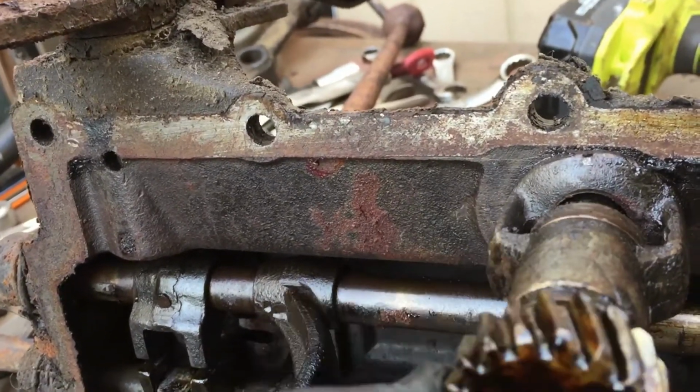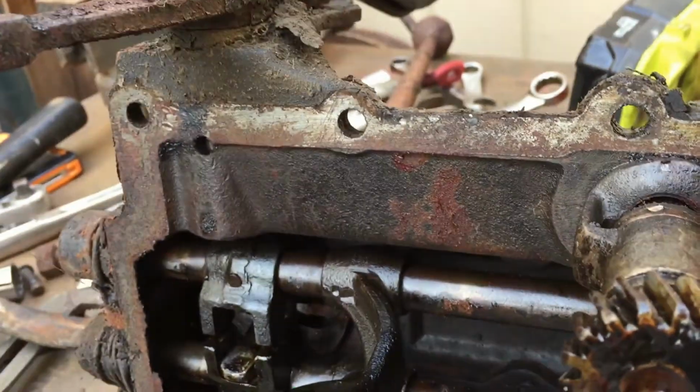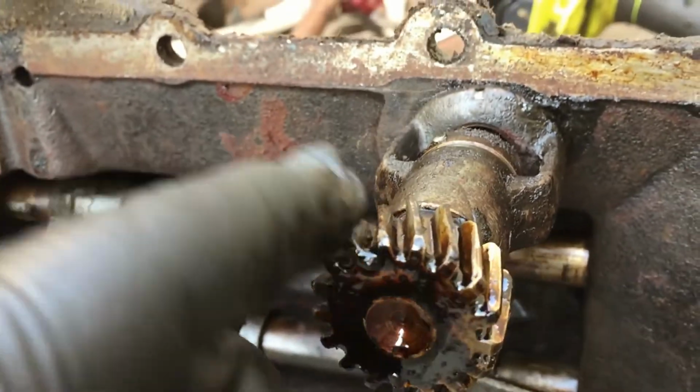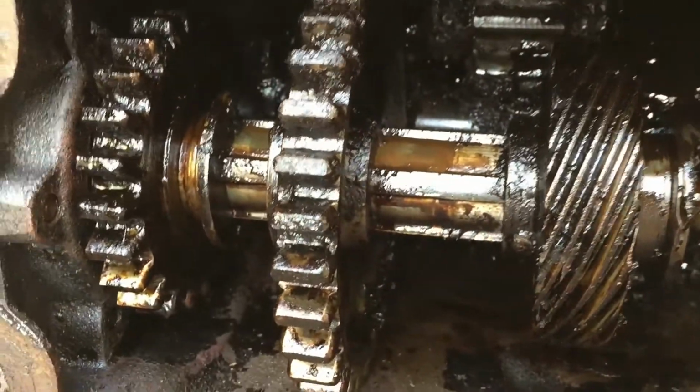All of these little gear teeth look like they're here. This is actually the speedometer drive. All these little teeth right here, this is what drives the speedometer. And inside, it had,